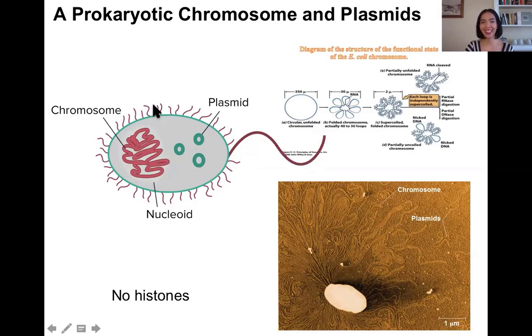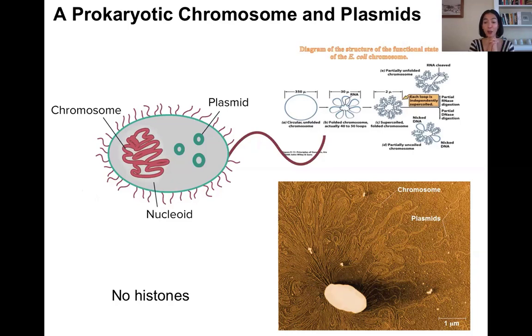Flagella. And what about these little hairs in here? Fimbriae, okay, good. Now, what is also important to mention is that this chromosome in prokaryotes lacks histones. And that's something that we learned early on in our second class, that chromosomes in eukaryotes have histones and also help with this